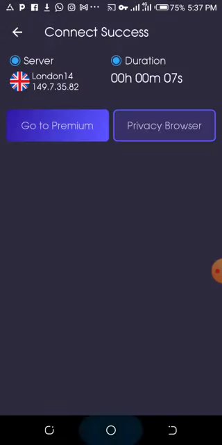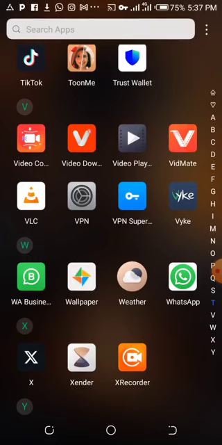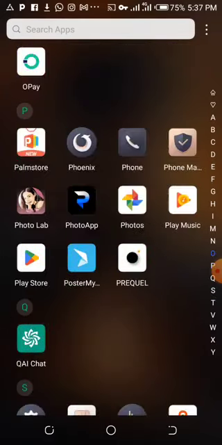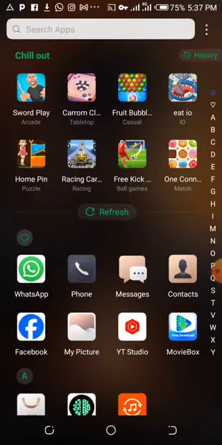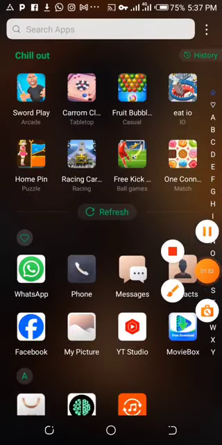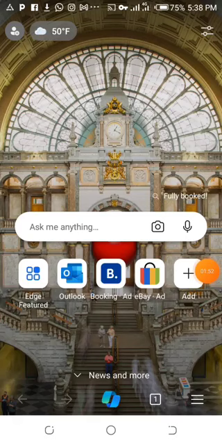Yeah, UK London. So we go to any browser. You can use any browser for this. Let's see, which browser should I use? Go. So this is how to get your address and postal codes. You go to